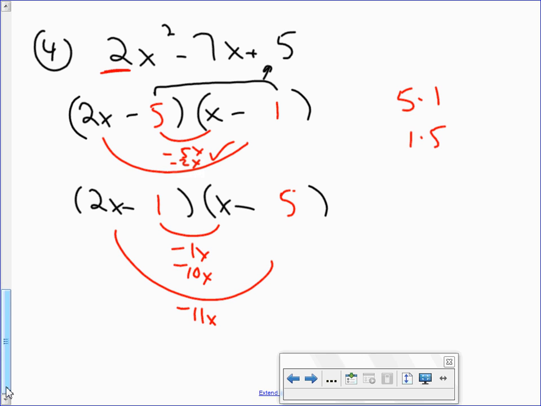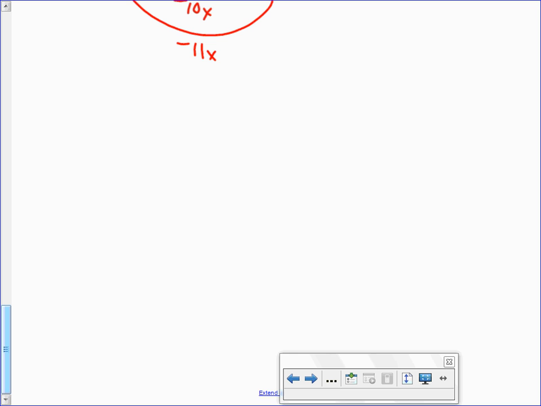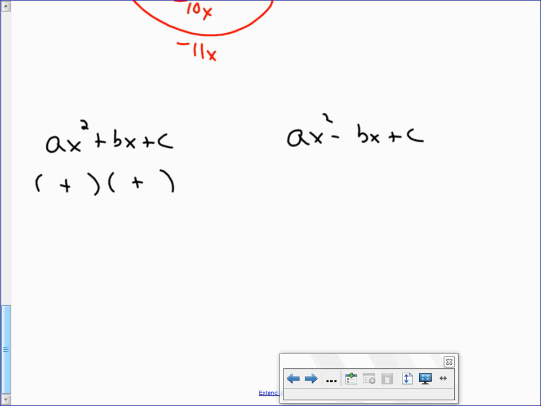Okay, let's pause for a minute and let's just write down all of the sign information in one place, okay, to make sure we know what that is. I'm going to write it one way. If you have another way of remembering it, I'm glad to hear it. I'm glad for you to use it. This is our basic formula, ax squared plus bx plus c. If it's all pluses, then my answer is going to be all pluses. If I have ax squared minus bx plus c,